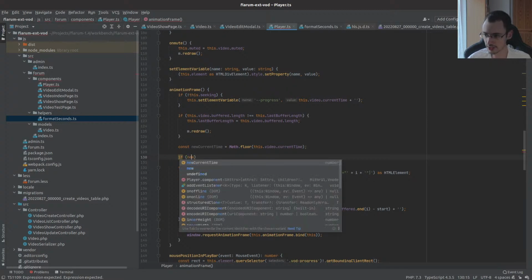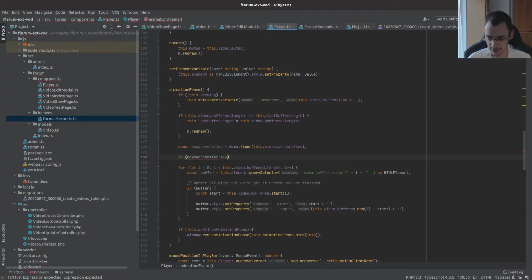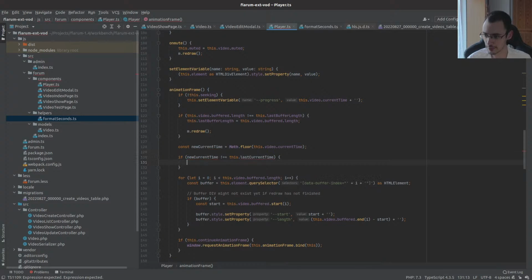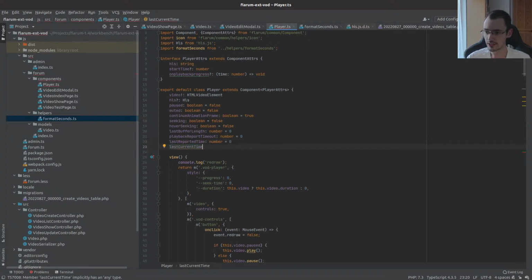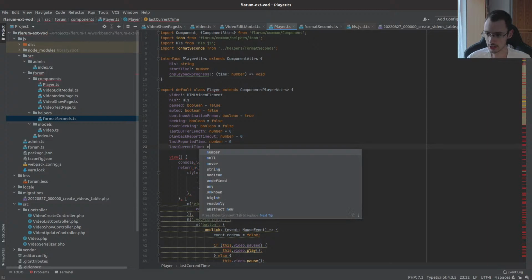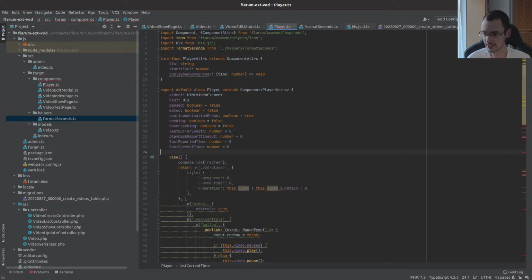Now if new current time is different from this.lastCurrentTime, so we'll create that variable, and then in here we will do this element.querySelector, get this element, and then do textContent equals formatSeconds of new current time. So that way it will only be updated once per second at most. Last current time, number, equals 0, and 0 is fine since it's also